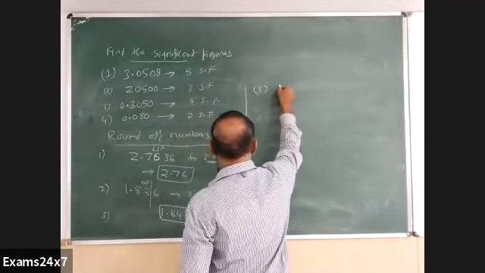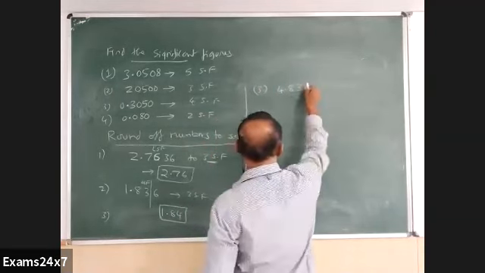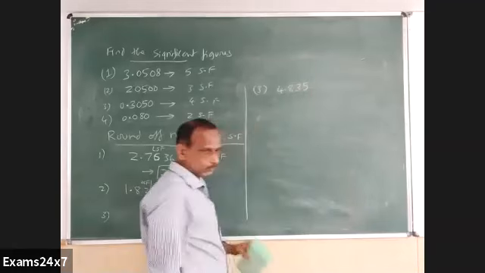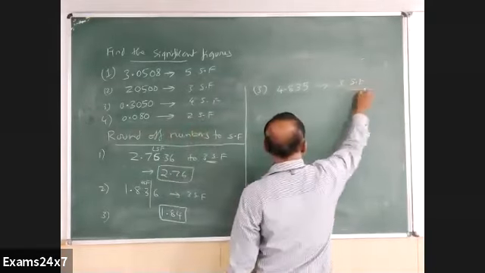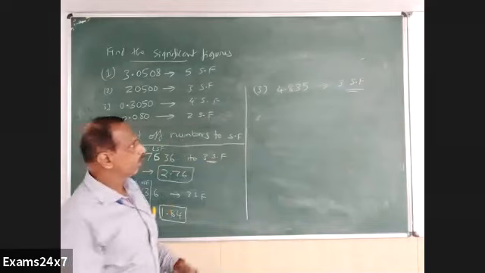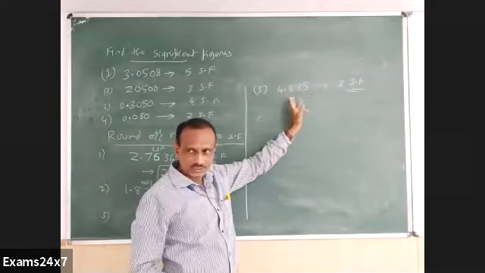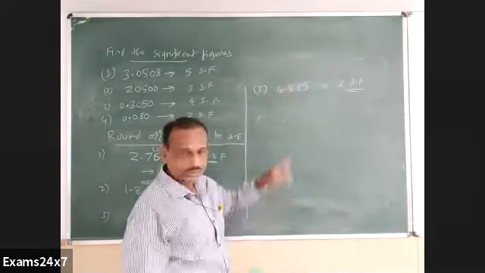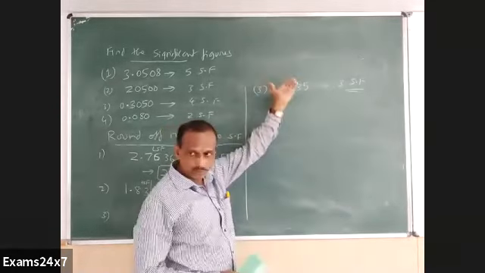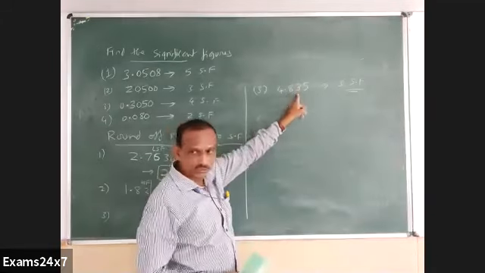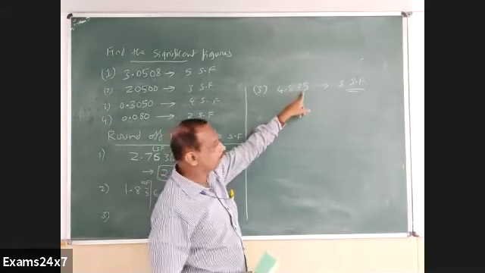If the number comes like 4.835, so again I want it to be converted to 3 significant figures. Now if it's more than 5, we raise this 3 by 1. Less than 5, we drop it simply and retain the number as it is. But if it is a 5, there are 2 possibilities. If it's an odd number followed by 5, then you raise it by 1. Instead of 3, 5, if it were 4, 5 or 6, 5 or 8, 5, we retain it as it is. So 2 sub rules are made for the number to be dropped being a 5.